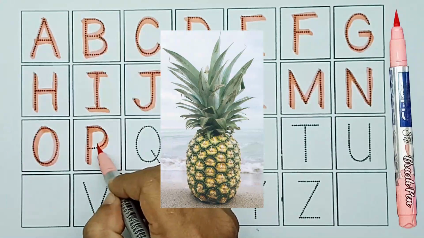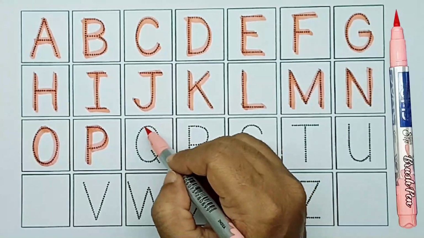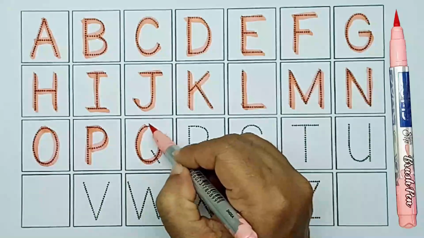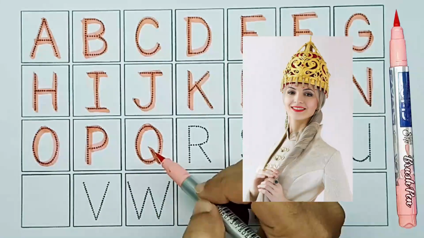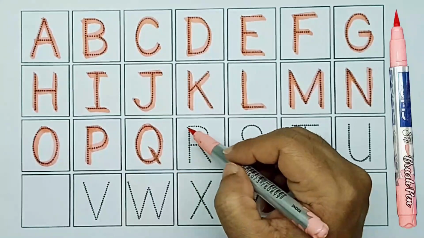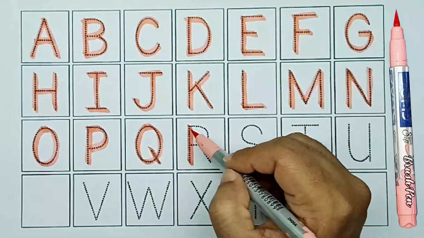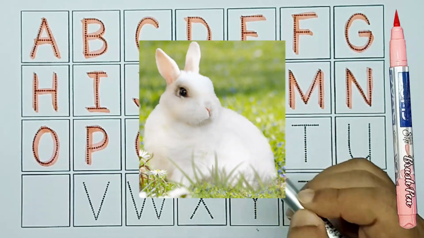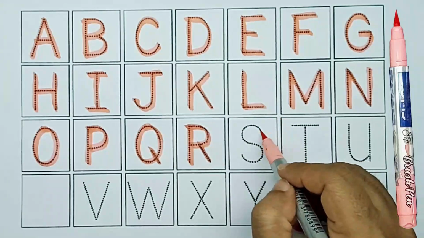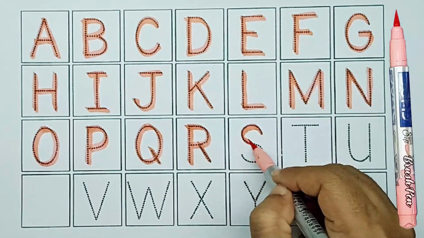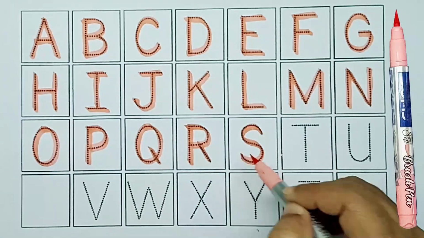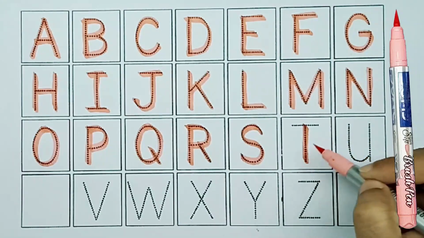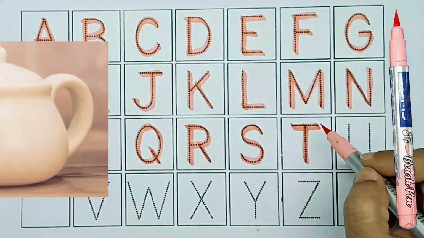P for pineapple, Q for queen, R for rabbit, S for sun, T for teapot,